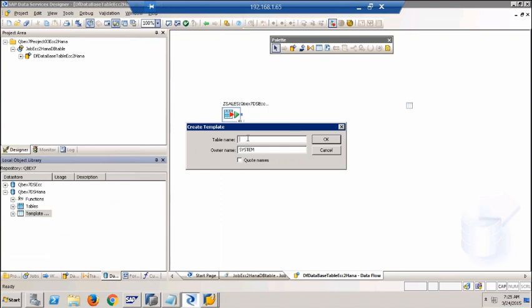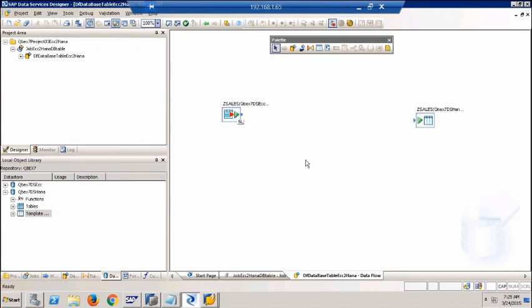It asks me, now dragging template table, what table do you want? I want the table name as Z sales. You remember the schema, owner is nothing but the schema in which it will connect to HANA with the system user. But I want this table to be created in which schema? Cubics 7. I don't need any transformations. So straight away what I can do,